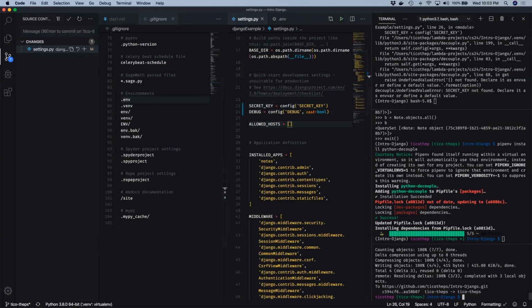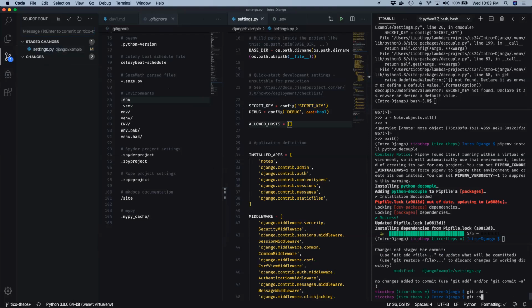So let's go down here to this bash terminal, git status. Oh, sorry, I'm getting tired now. I'm not spelling things right. Git status, git add period, git commit -m, open the double quote, and we'll say